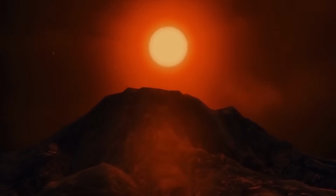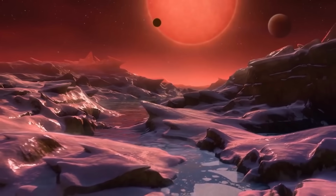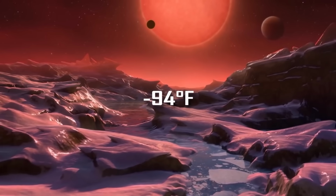As our star expands, the outer layers will swallow Mercury, Venus, and eventually the Earth. But this changing Sun may provide hope to other planets or moons, such as Titan. Surface temperatures on Titan could rise to -94 degrees Fahrenheit, high enough for stable oceans of water-ammonia mixtures to exist